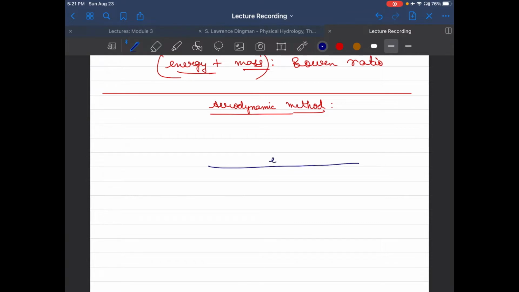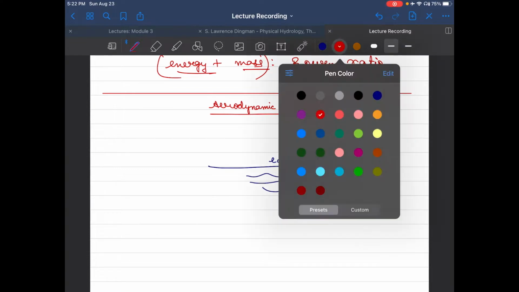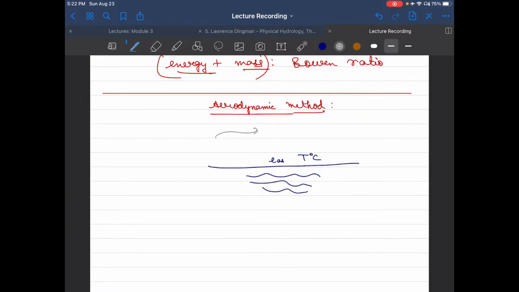with air, and we can assume that in the vicinity of this layer of water we have the condition of saturation here, or we can say that vapor pressure is near saturation at a given temperature T degree Celsius. Then as we go higher above the surface, we would encounter air which would be at some vapor pressure which is definitely different from saturation if relative humidity is less than 100%, and we say that it is EA.